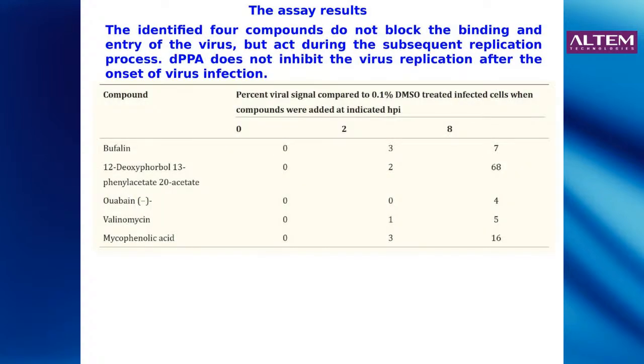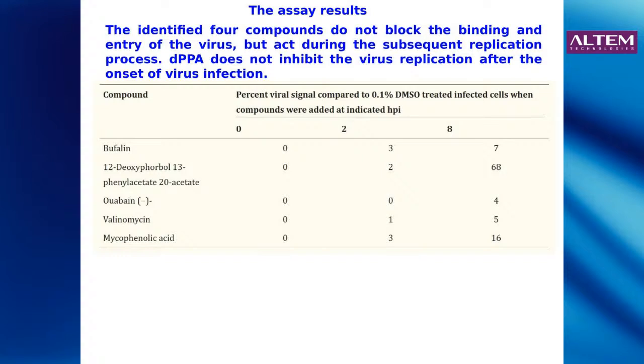And the identified 4 compounds were further evaluated to check whether they were capable of inhibiting the virus replication at the early stage or at the late stage. Because in clinical settings, most of the time, whenever we go to treatment with antiviral compounds, the patient, or in our case, the animals, already have signs of infection. So it would be very useful to have a compound which can inhibit the virus even at the later stages